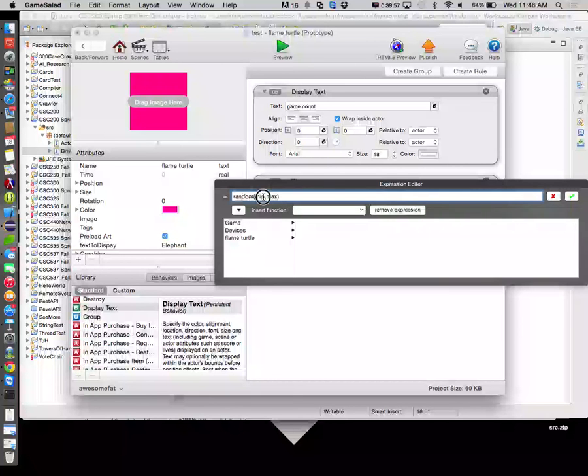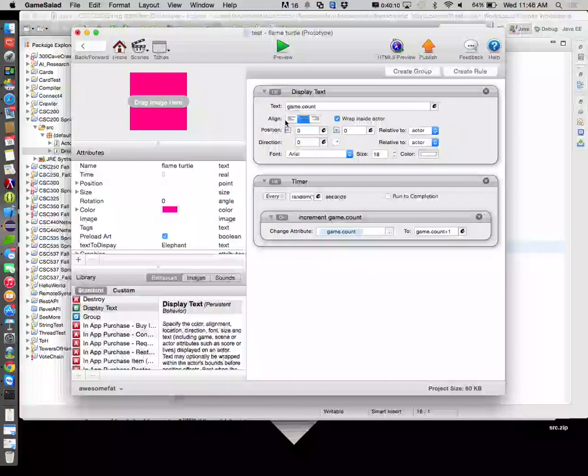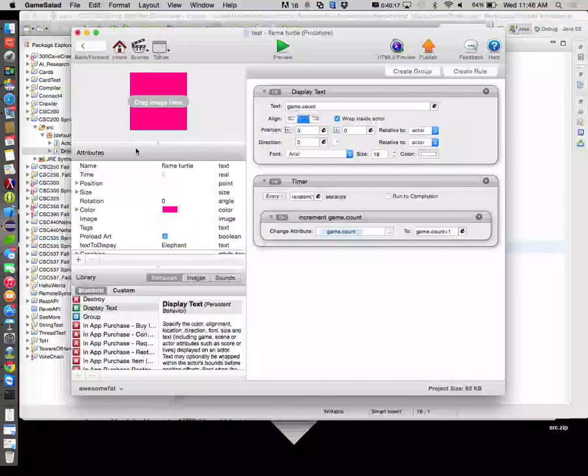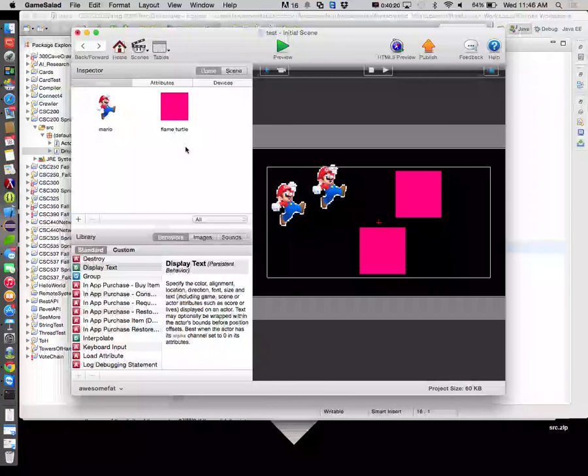I'm going to generate a random number between 1 and 3. All right, and we're going to hope that we don't get the same random number for those two. In fact, let's spread that a little more. Let's say 1 and 10. So that means every single one of these flame turtles has a timer associated with it, but that particular timer will fire every some random number between 1 and 10 seconds. So when we run this,